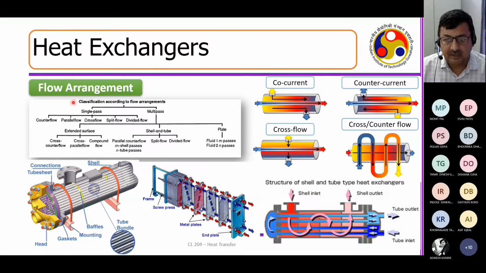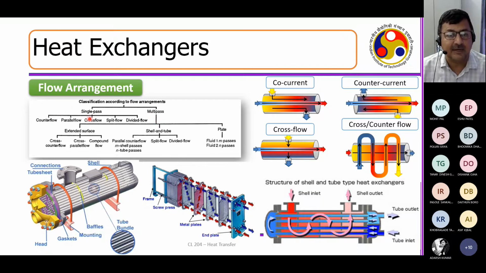So in terms of flow arrangement, you can have a single pass. This is a kind of single pass system. Multi-pass means it is going like this and coming back like that. You are using the same shell in two pass. That means in the tube side you have multiple pass, and in the shell side you have got the single pass. You can also have shell side two pass at the same time. Tube side you can also have a two pass. So you can have two also, right? In those sort of situations, these are called the multi pass.